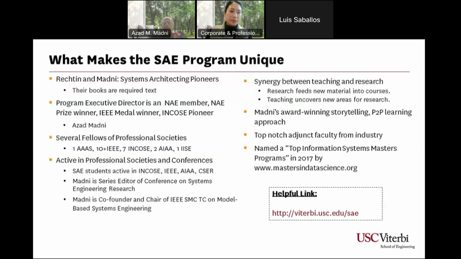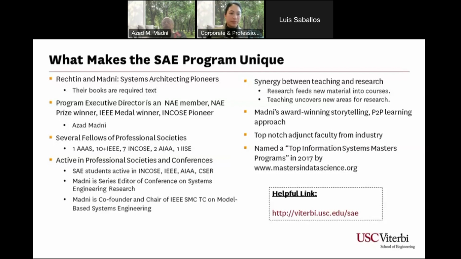So these books that you will see, written by Eb Rechtin and myself, are required texts for the course. The important thing to know is that we have several fellows of several professional societies. We have IEEE, that most of you are familiar with, the Institute of Electrical and Electronics Engineers. We have 10 plus faculty members. We have 7 plus faculty members from the International Council on Systems Engineering, 2 of them from the American Institute of Aeronautics and Astronautics, and myself, I'm also a fellow of the Institute of Industrial and Systems Engineering. We are very active in several professional societies, primarily in INCOSE and AIAA, and we are the co-founder